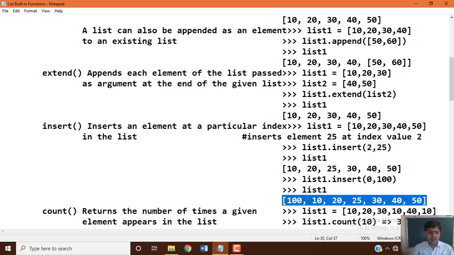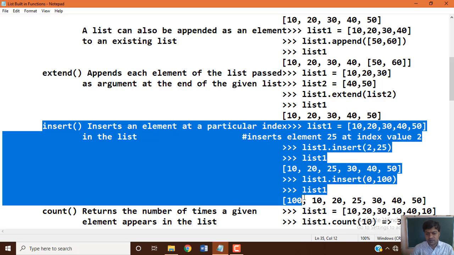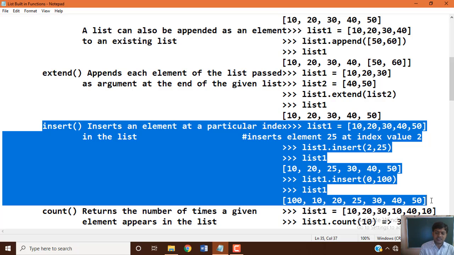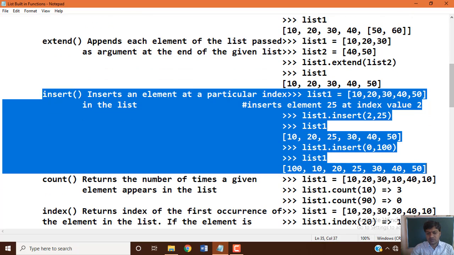So this is the way you can make use of the built-in function insert related to the list concept in Python programming. Now we are moving on to another built-in function, that is count.